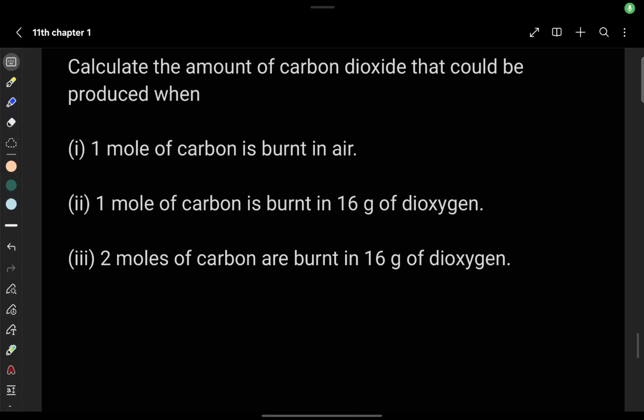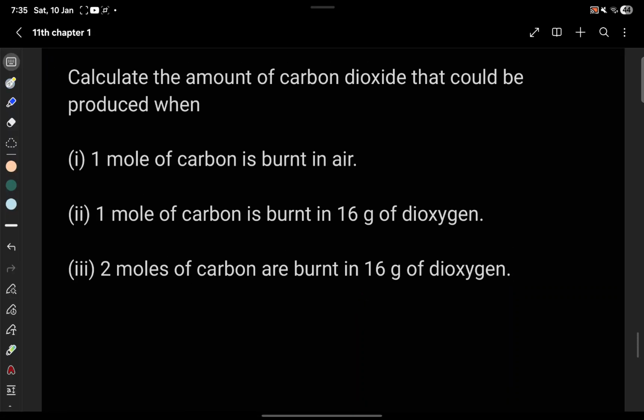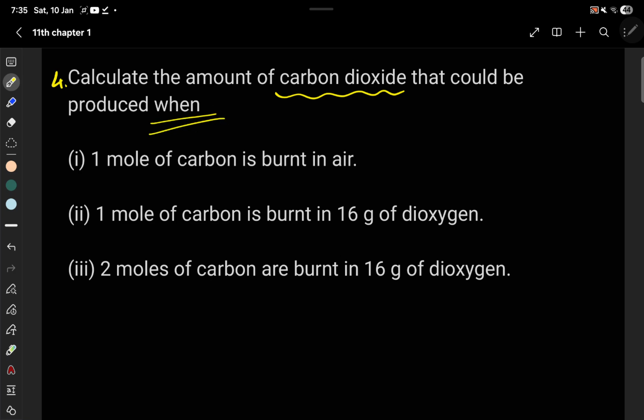To another question of chapter number 1. That's our question number 4, in which they are asking that we have to calculate the amount of carbon dioxide that could be produced when... Okay, we are going to look into the question later on, but for now just imagine that we are having